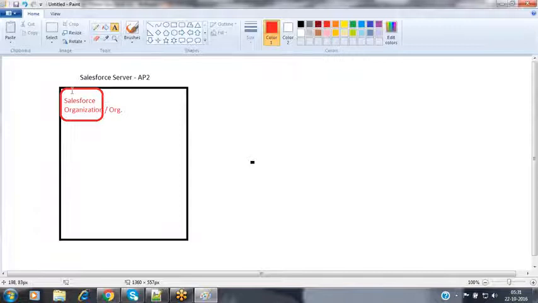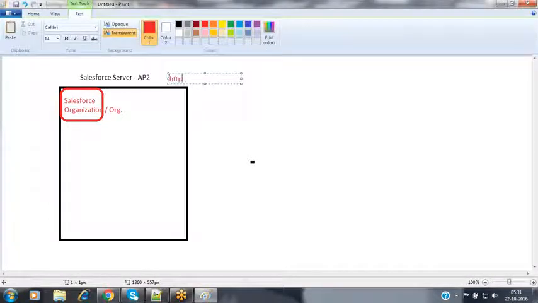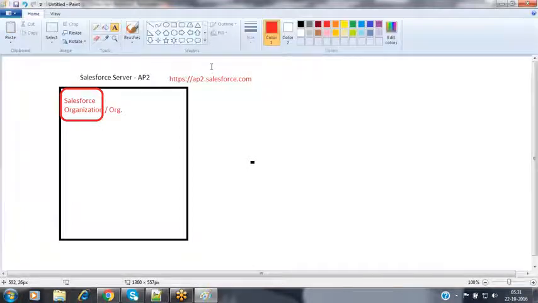When coming to the Salesforce account, it has been allocated memory inside a server called the AP2 server. Whenever you access this application, every time it will provide that URL to you, like https://ap2.salesforce.com. It redirects your request to the associated region's server, because my account is available inside that AP2 server, so all my data, applications and files reside inside this AP2 server itself.